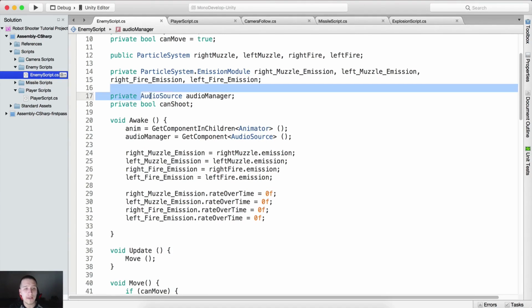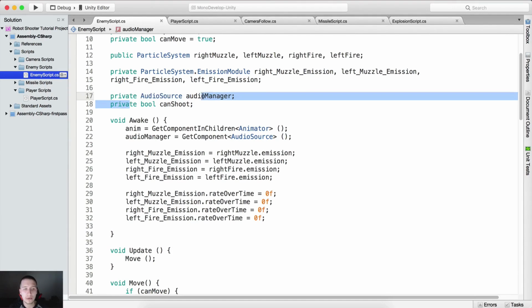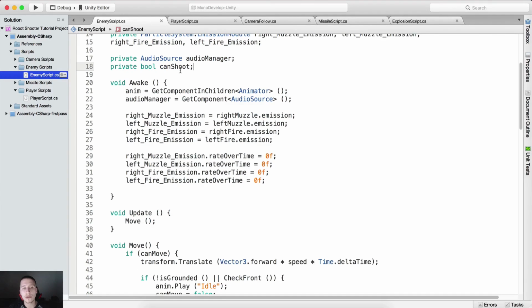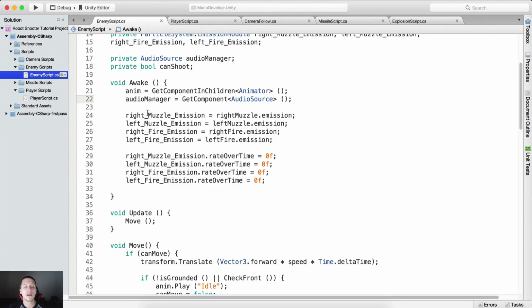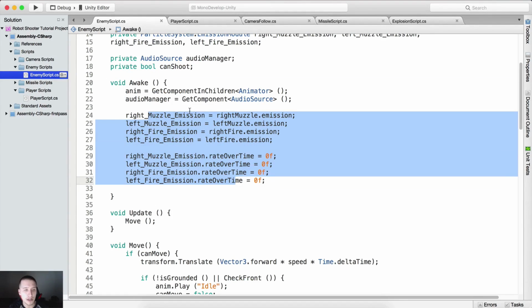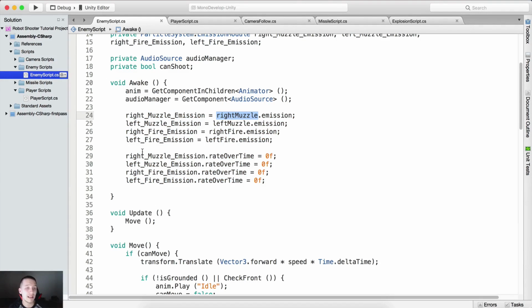And after that, we also have the audio source, and we have the private bool can shoot. Can shoot is gonna control when our enemy is gonna shoot. And here we have in the awake, we're getting the components. We are getting the emission variables, or a reference to the emission of the particle system, setting the rate